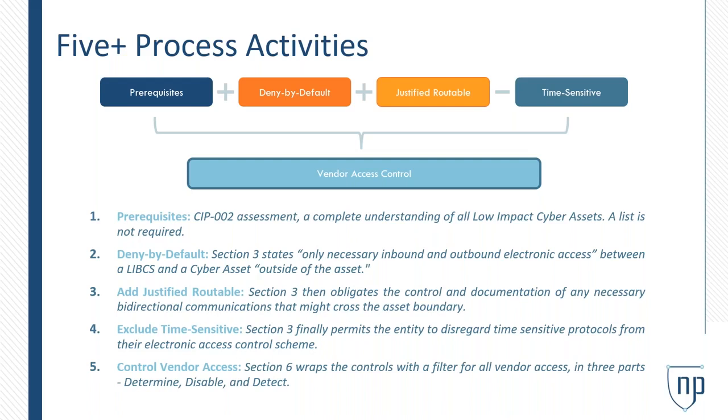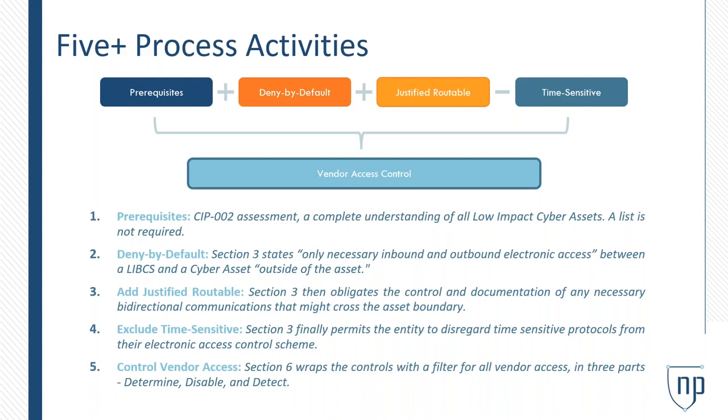Well, the idea of what I've got here on the screen is that if you follow the CIP standards, you put them all together, you've got the prerequisites that come from your CIP-2 assessment. That's how you get the lows. That's how you get the mediums. That's how you get the highs. You have to have an understanding of that, because if you don't understand what your situation is, you can't control it. If you don't have a good inventory, you don't know what to control. If you don't understand your networking paths, you don't know how to control. There's a bunch of things in there in the prerequisites. You have to have a process for that. That should be handled by CIP-2.